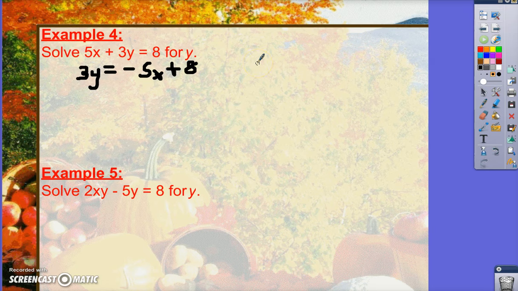Okay. Now, it's 3 times y. So what we have to do is divide both sides by 3. And I get y equals negative 5/3 x